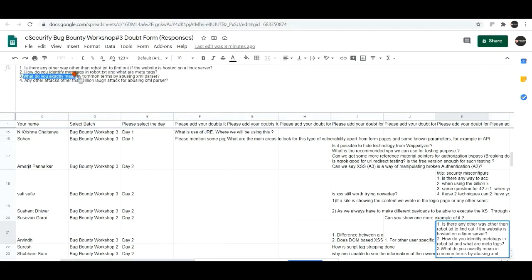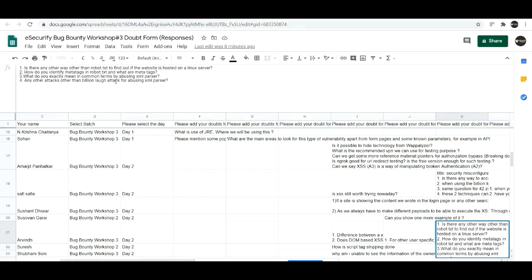What do you exactly mean in common terms by abusing an XML parser? Abusing as in we are crashing it. So we are crashing the XML parser. That's what abusing an XML parser is. Any other attacks other than the billion laughs attack for abusing an XML parser? No, this is the one which we can use for abusing the XML parser.